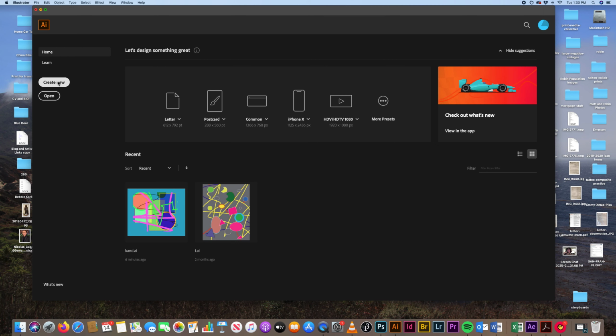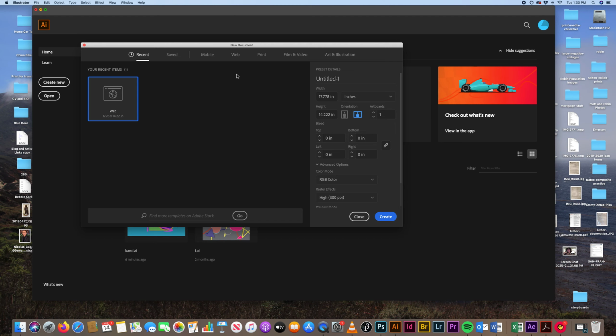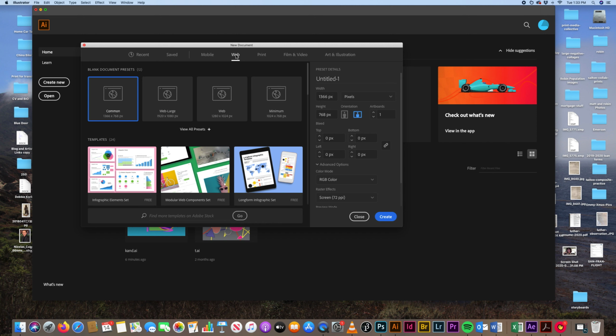Okay, so we want to create a new document. In working in Illustrator, for us, we're primarily doing art illustration and then something maybe for the web. Unfortunately, we're not going to be able to do any printing. So why don't you just go ahead and go to the web. And then these are probably, for our purposes, our best 2 as far as resolution and size. And again,